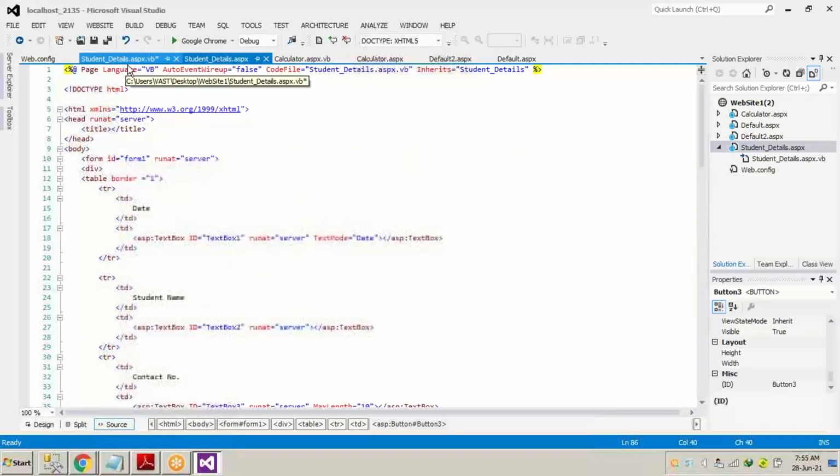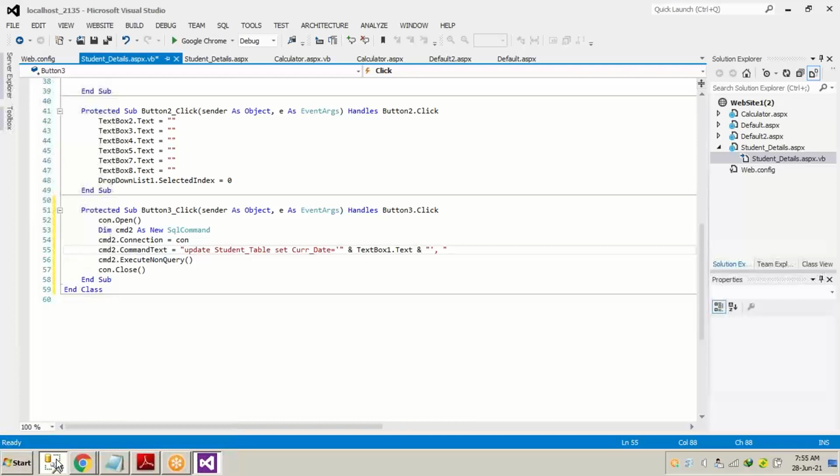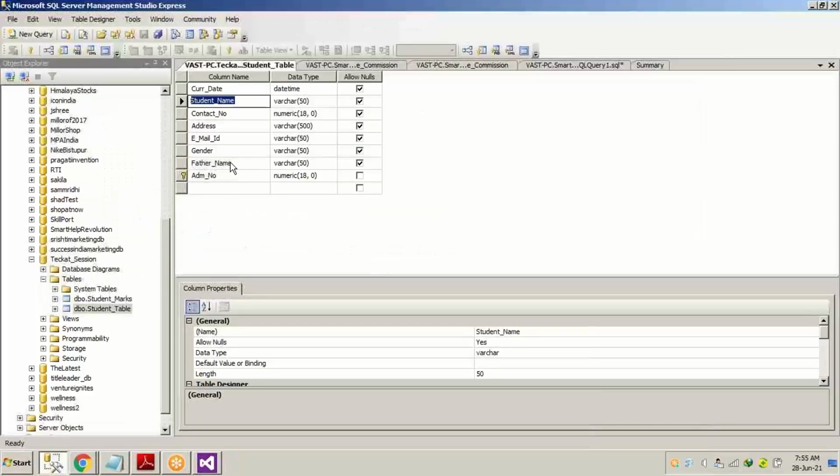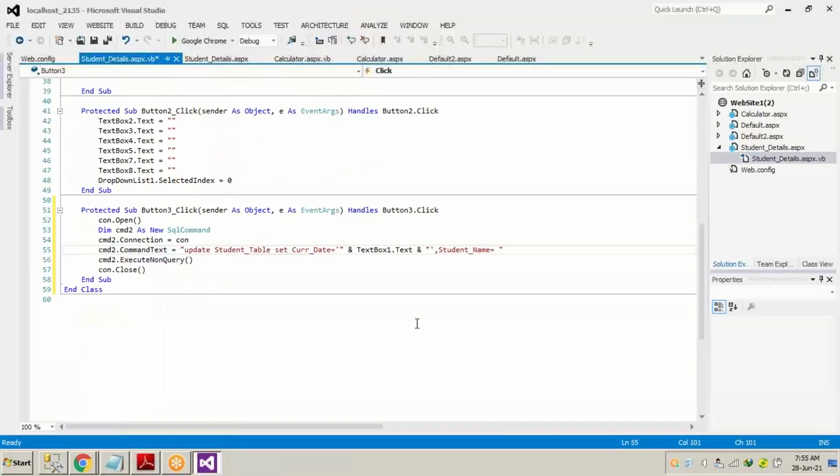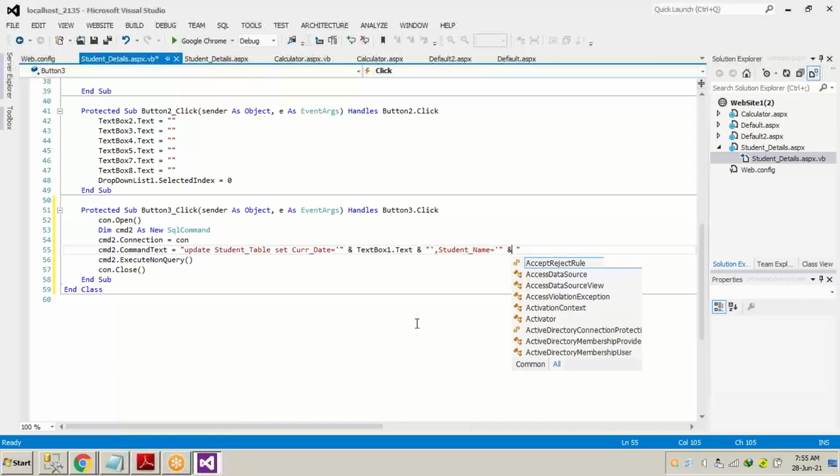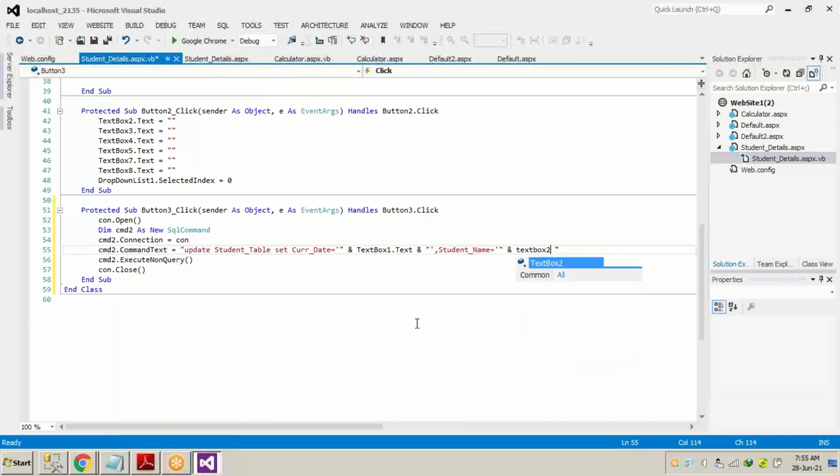Now, after that, we will put a comma and we will copy the field student name. Remember, the field name cannot be changed, so don't make any spelling mistake with the field name. Student name equals to single inverted comma, double inverted comma, and percent sign, text box 2.text.